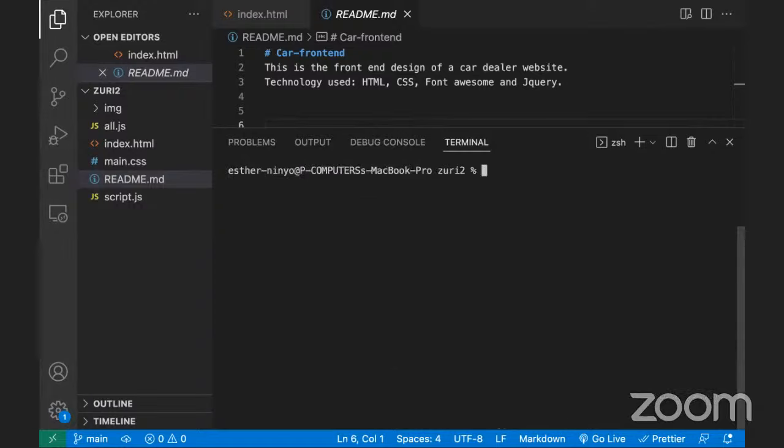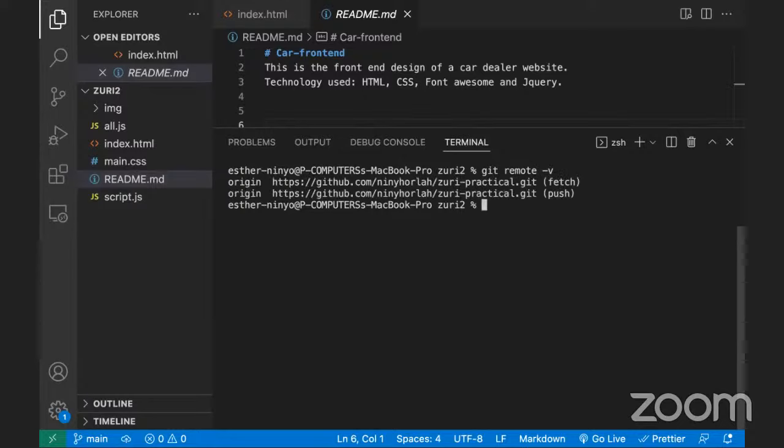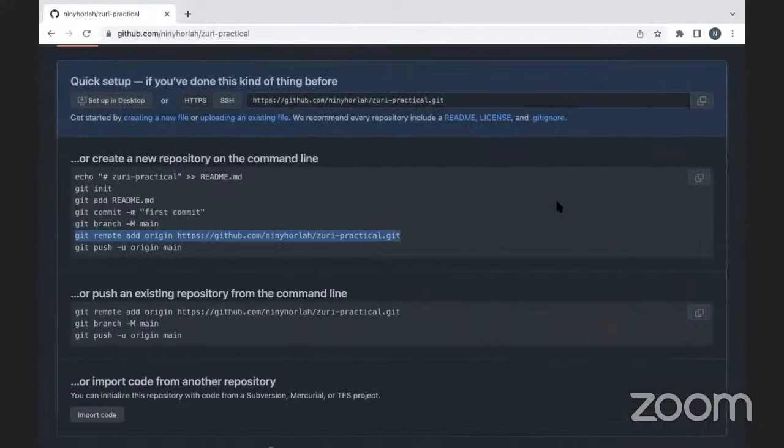So to check if you have a remote origin, let's do this: git remote -v. So you can see the link we just added now. That is the remote link. This is it. Earlier, nothing was there. So the next thing now, before going to the last command,